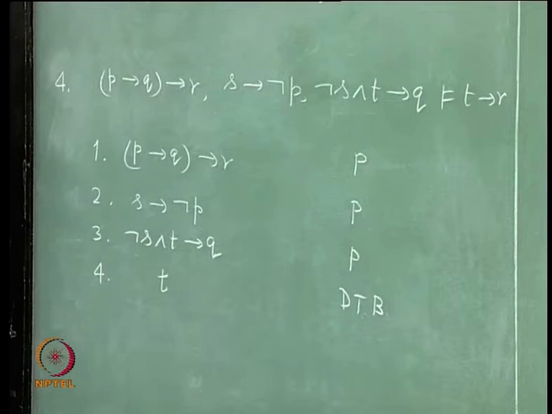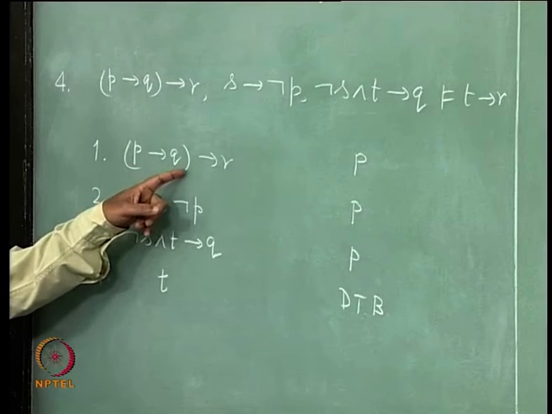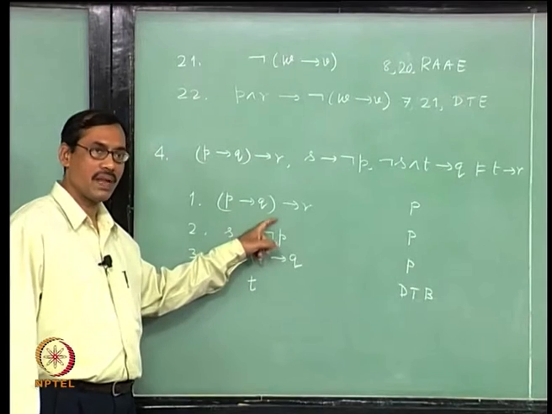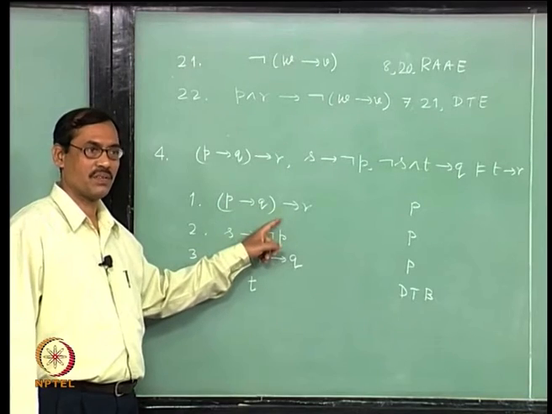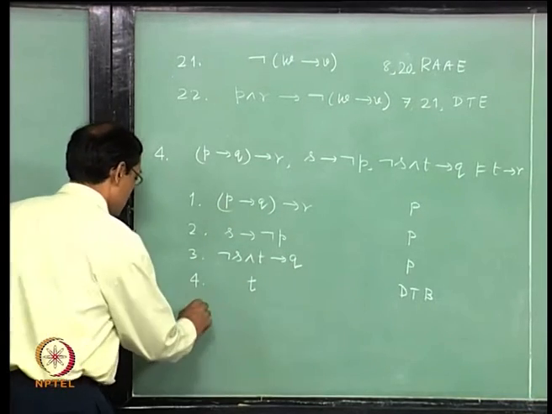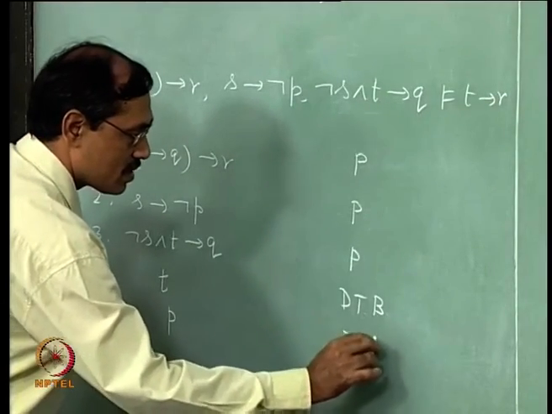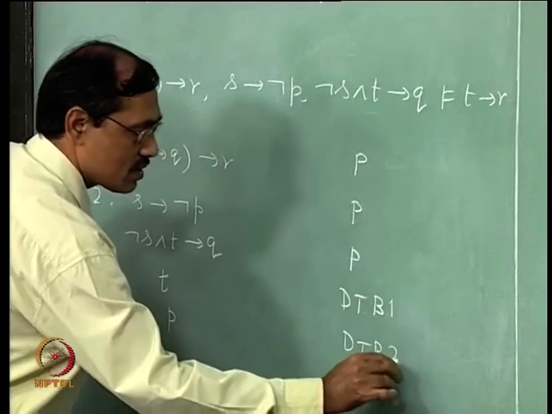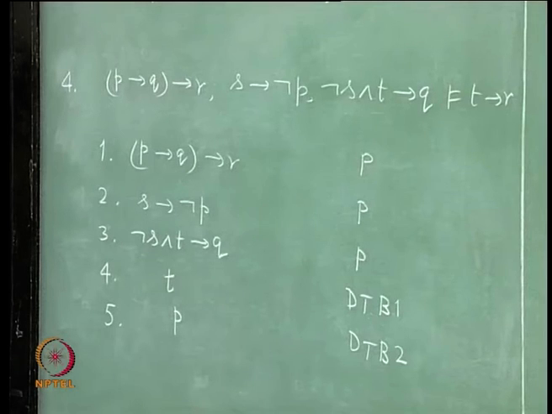fine. So, how to get R? We can get it if we prove P implies Q, okay. But how to prove P implies Q? Use the deduction theorem, assume P in for Q, right. So, we take another extra hypothesis as P, we say the deduction theorem again begins, but then there is a problem. So, we take 1 here, 2 here. So, the loop for deduction theorem 2 should be inside that of 1, that is our idea here, fine.